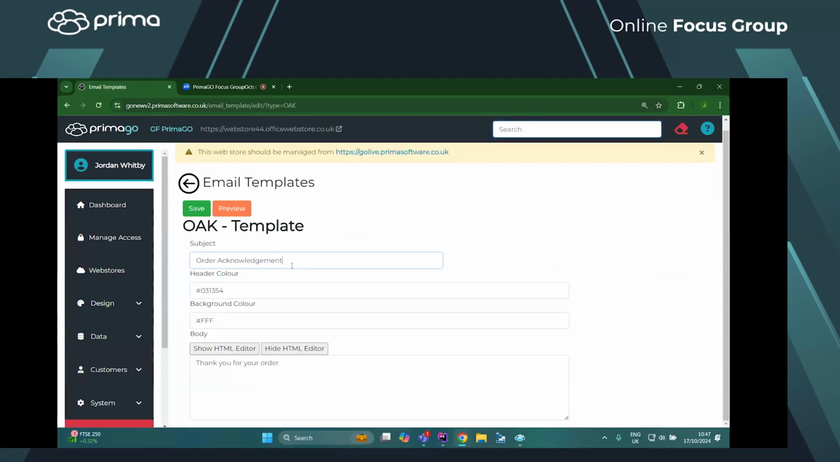You can come in here. You can change the subject. So this will change the subject of the email. You can change the color of the header, the background, and you can put a little message in here. Whatever you want. You might want to advertise something. I'm not sure, it'd be up to the dealer, but